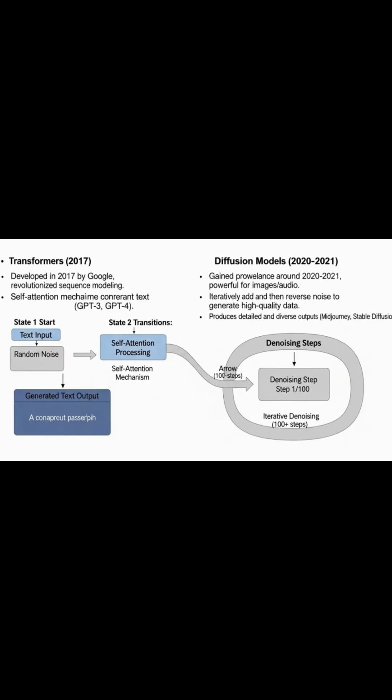While GANs and VAEs laid crucial groundwork, newer architectures have pushed generative capabilities even further. Transformers, initially developed for natural language processing by Google in 2017, revolutionized sequence modeling. Their self-attention mechanism allows them to weigh the importance of different parts of the input data, enabling them to generate highly coherent and contextually relevant text,